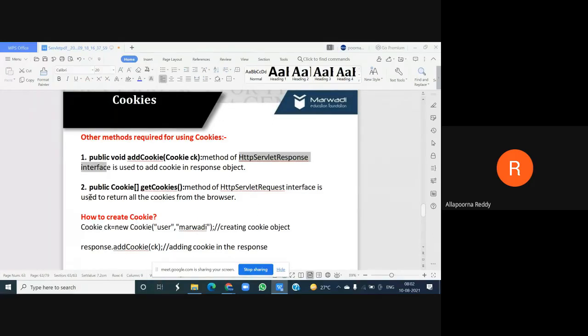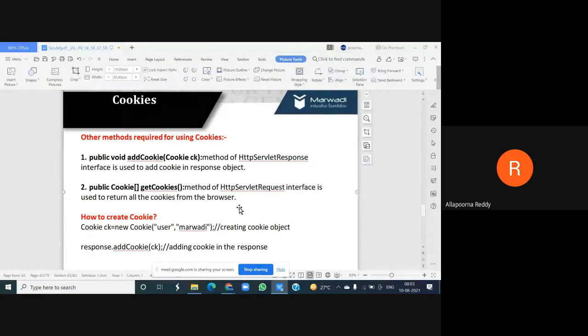Next, the second method, public Cookie[] getCookies, right? Whenever you want to return all the cookies from the browser, how many cookies do I have in my browser? I need to know it, right? How can I know here? This method is used to return your cookies, and here I'm using an array, because I don't know whether the cookies may be 1 or 2 or 3. The size can be allocated dynamically, so the size is empty.